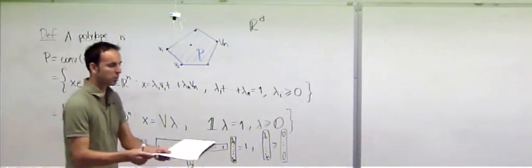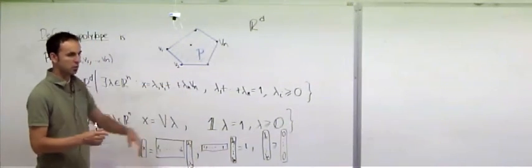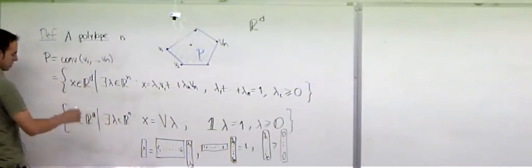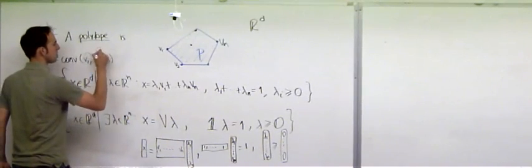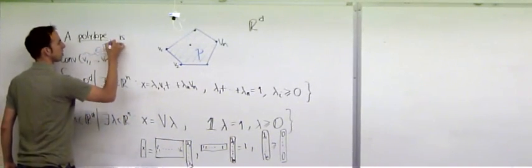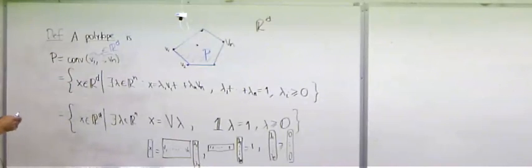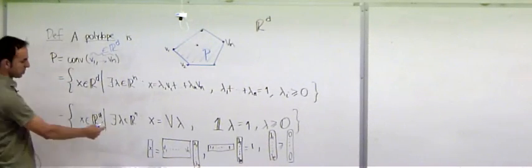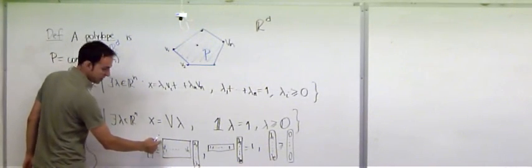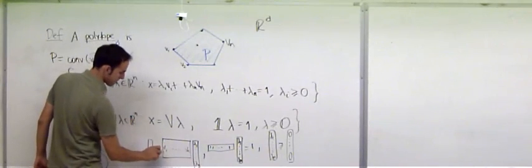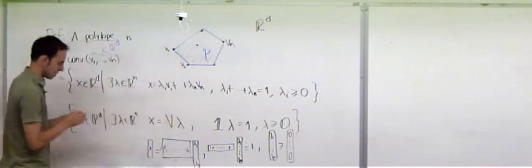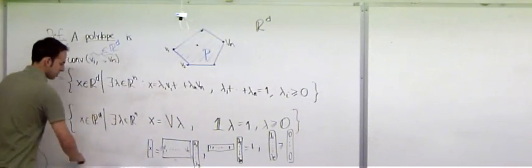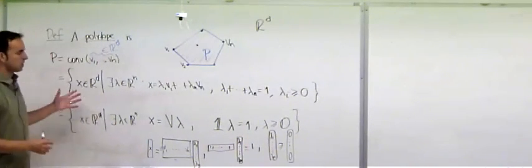That's a very good point. Just like in here, my points v1 up to vn are in R^2. These guys are vectors in R^d. That's correct. Which is why I said that this was a d by n matrix, d by n, and this is n by 1. Okay, so